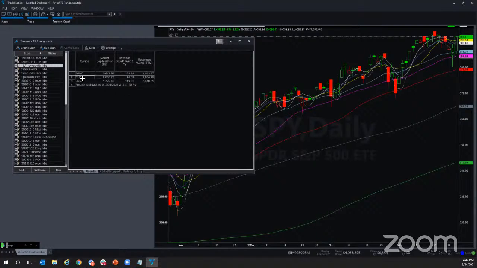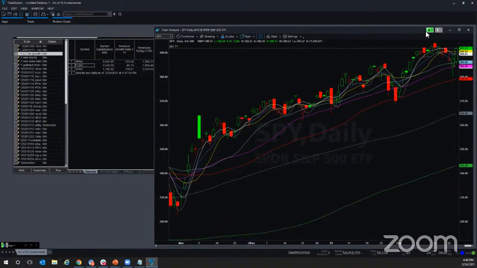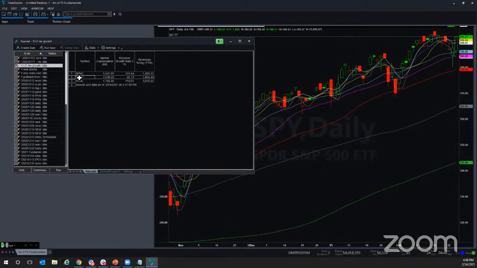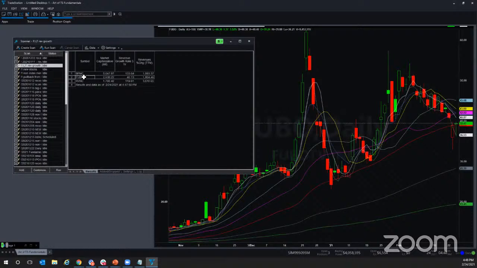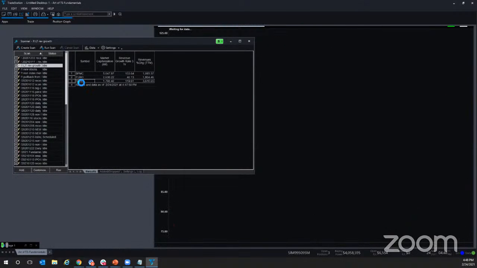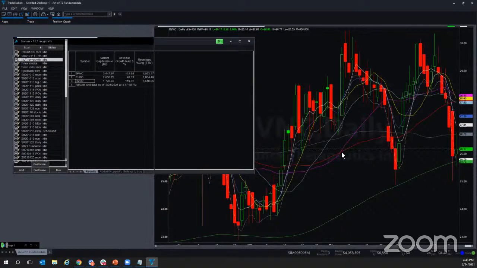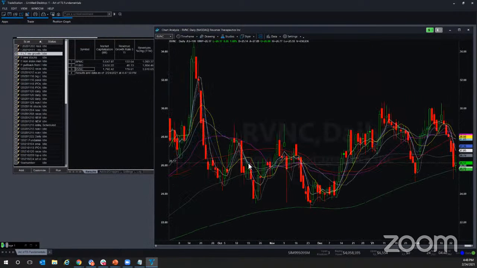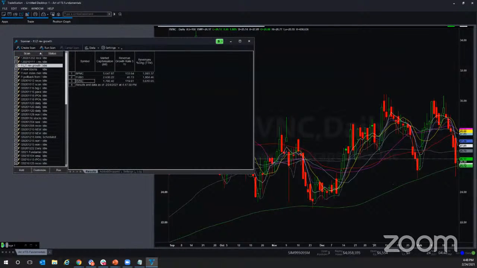And the nice thing here is if you click on this, and then you have your workspace over here as well, you can actually see the chart in some of these different companies. You can see what these companies are. You can dig into them some more. All right, the next one I want to show you is